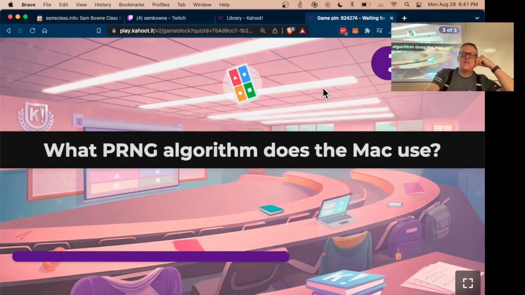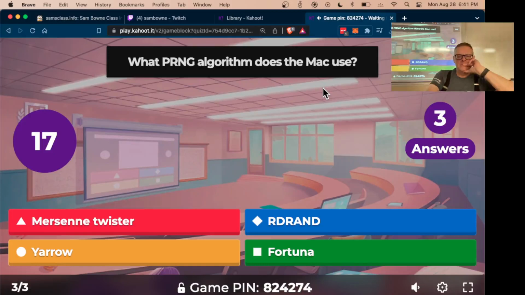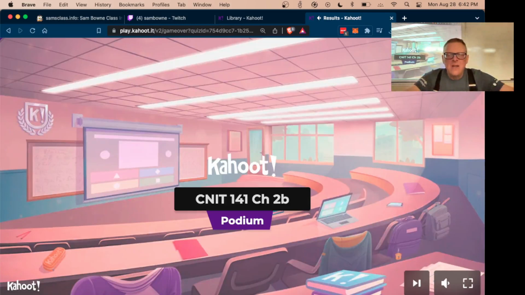And what algorithm does the Mac use? Yarrow, which I assume is named after the yarrow stalks you're supposed to use to cast the I Ching, which is an ancient random process. Anyway,